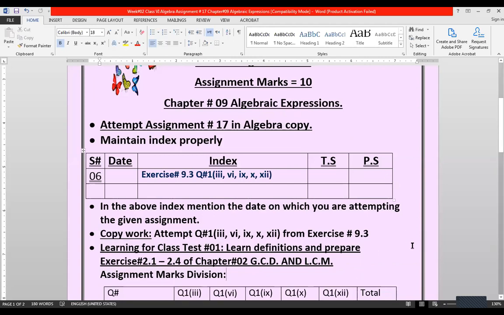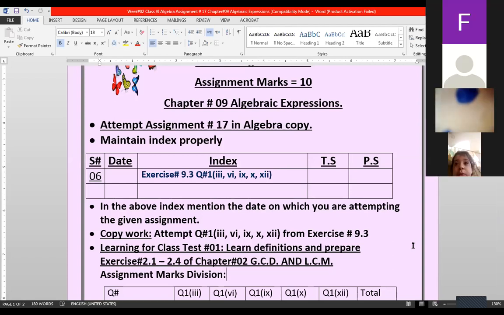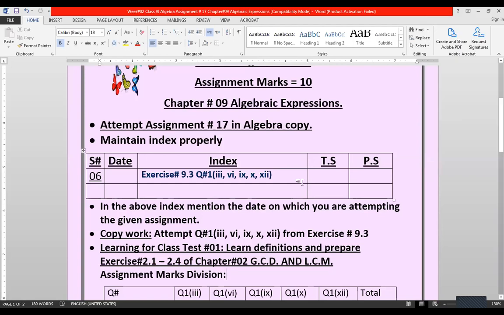Means in the class test, I will ask you multiple choice questions. But how will you prepare? If you look at 2.2, 2.3, 2.4, you have somewhat difficult or lengthy questions that require a proper solution. So I'm not asking you for the solution. I will ask you for different answers. Just suppose in a multiple choice question, my question will be the LCM of 6 and 18. I will give you multiple options for that. So you will simply solve 6 and 18 anywhere in your rough copy, and pick the correct answer from the options.